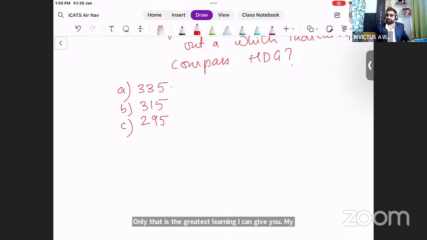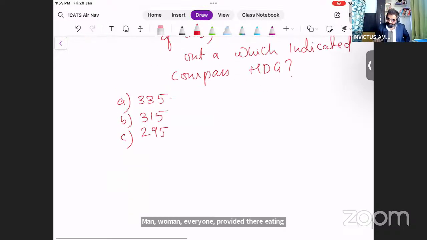बाकी ये सब तो कोई भी सिखा सकता है, right? In the end, टेक्स्ट बुक्स में तो लिखा ही होता है। स्टडी कैसे करना है वो अगर कोई सिखा दे तो it's like teach a man to fish and he will never go hungry. Man, woman, everyone, provided they are eating fish, you know. I'm cracking a lot of jokes today. I'm very happy to see सब लोग अच्छा आंसर दे रहे हैं ना, तो मुझे अच्छा लगता है, मैं खुश हो जाता हूँ।